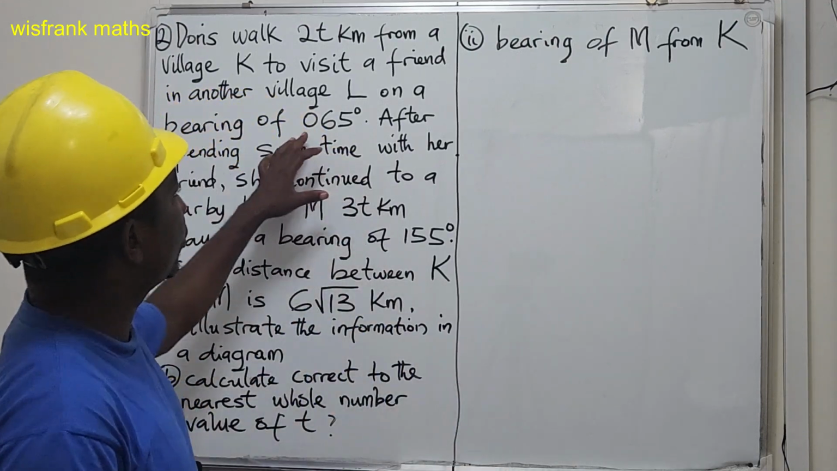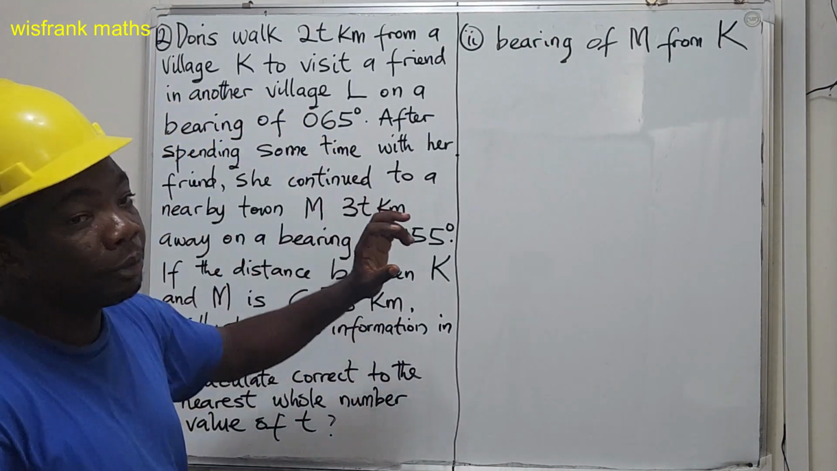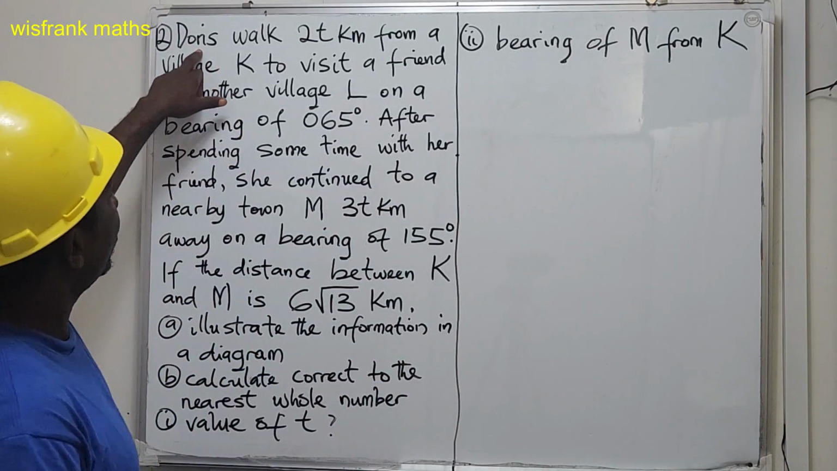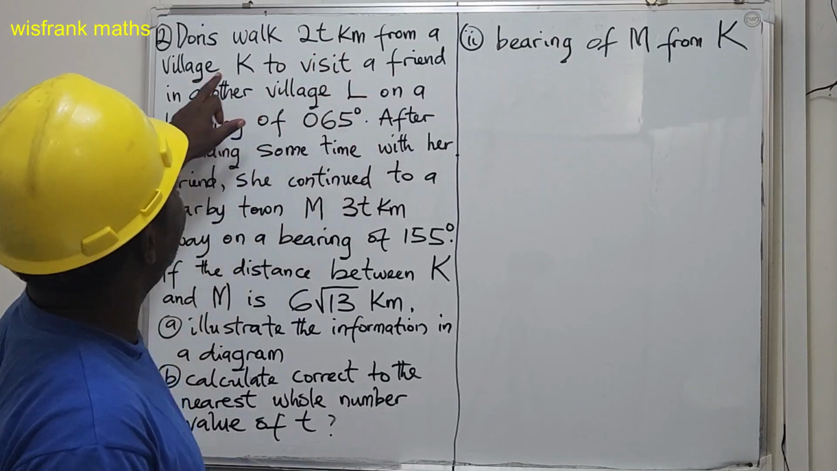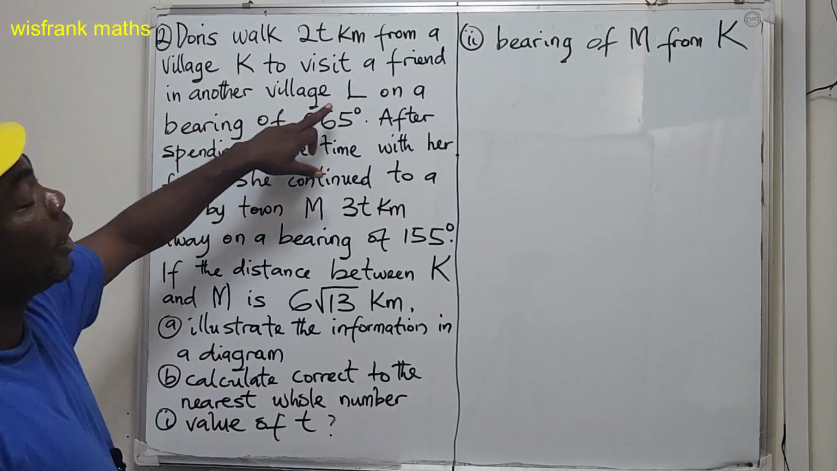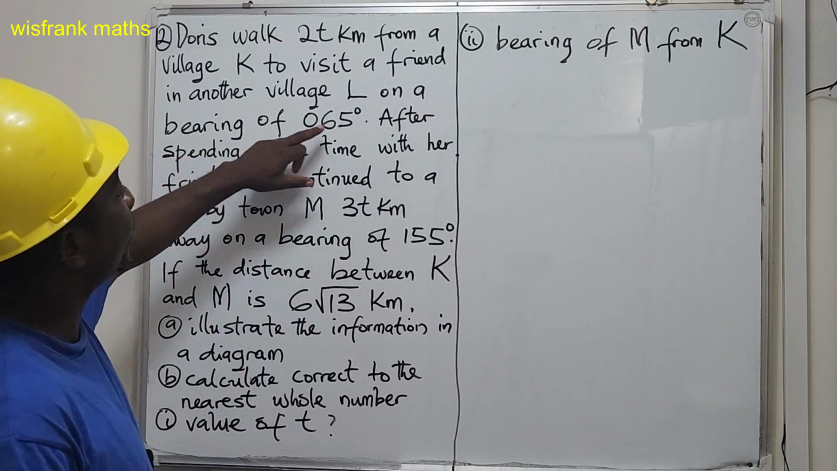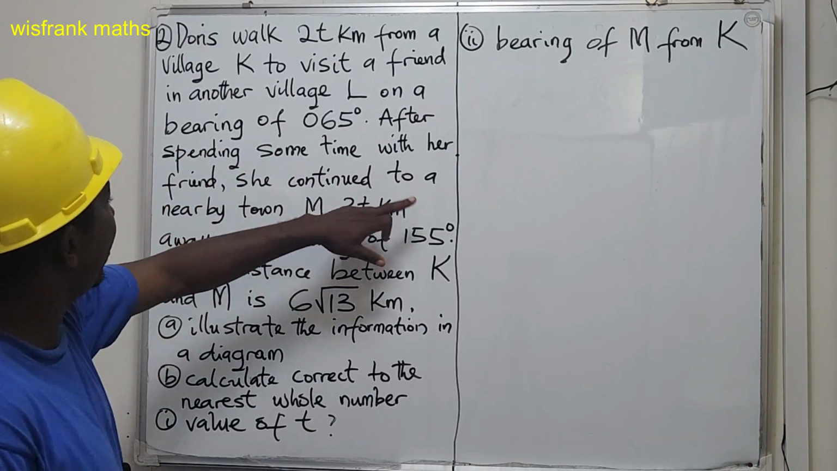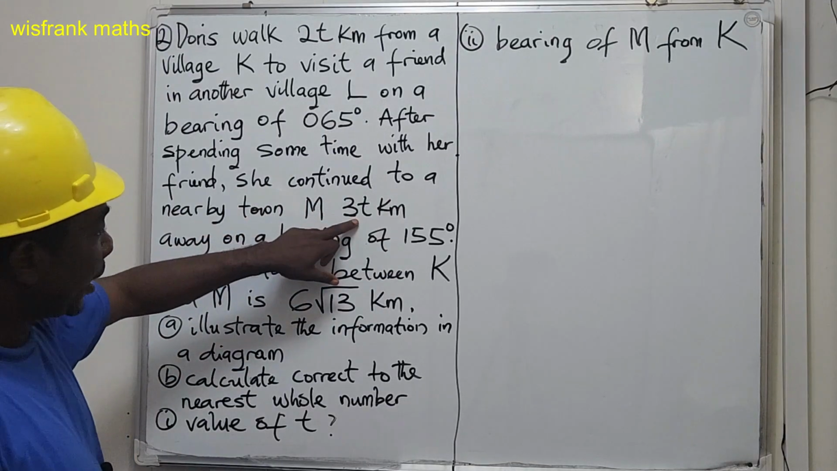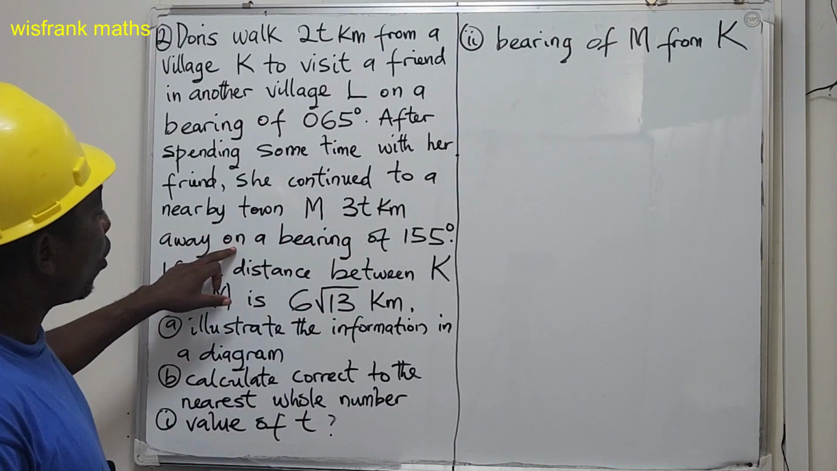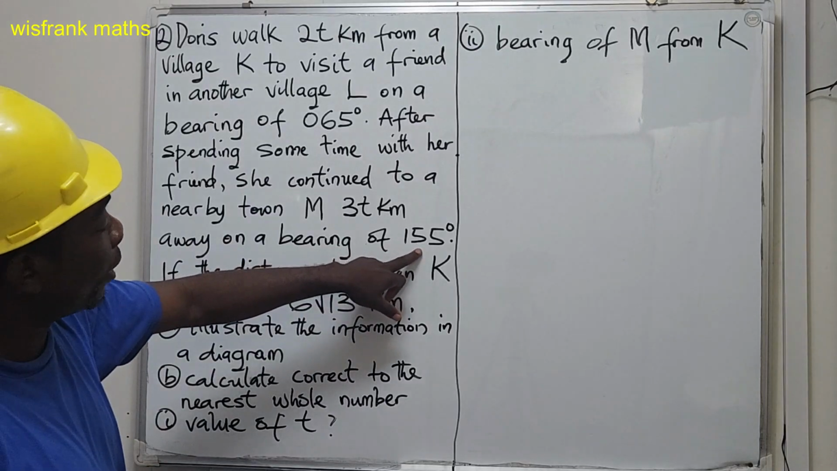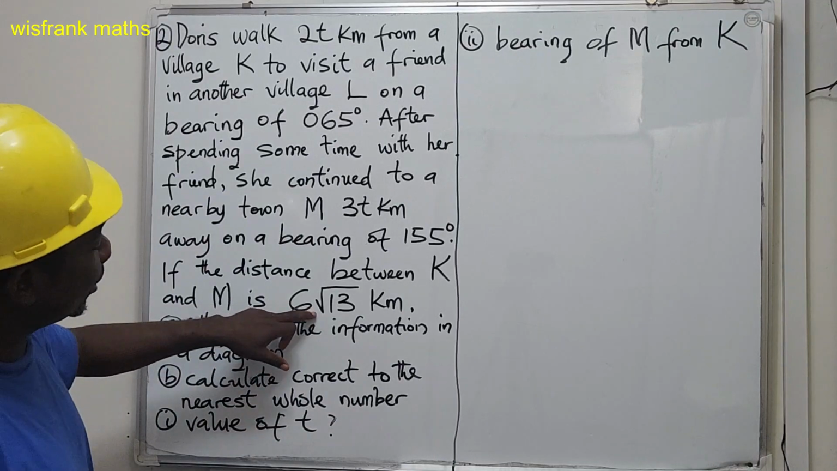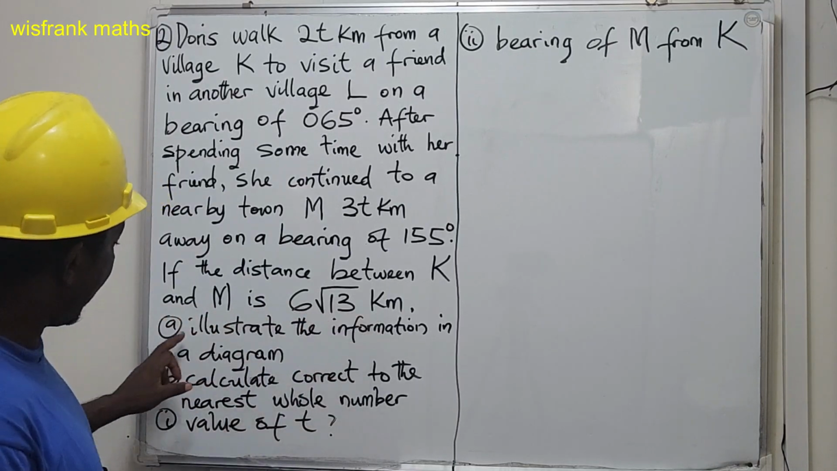Today we are looking at this question from the September 2023 WASSCE. This is number 2 and it says Doris walked 2 kilometers from a village K to visit a friend in another village L on a bearing of 65 degrees. After spending some time with her friend, she continued to a nearby town M 3 kilometers away on a bearing of 155 degrees. If the distance between K and M is 6√13 kilometers,